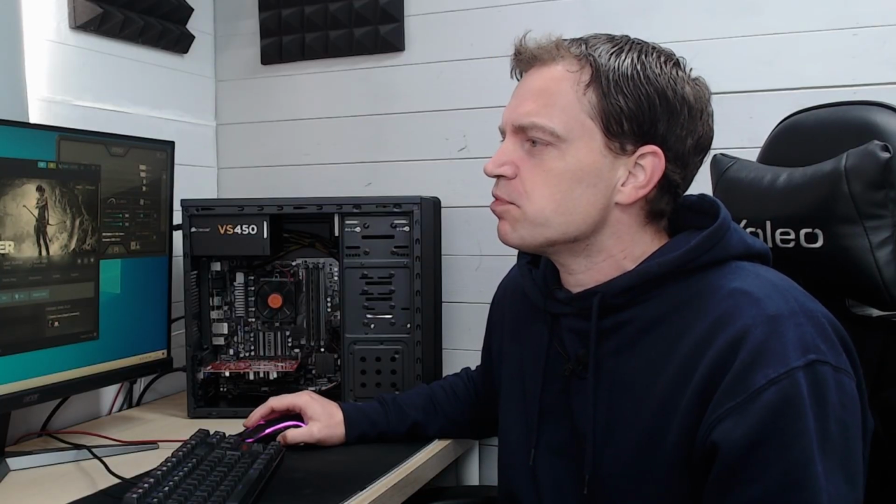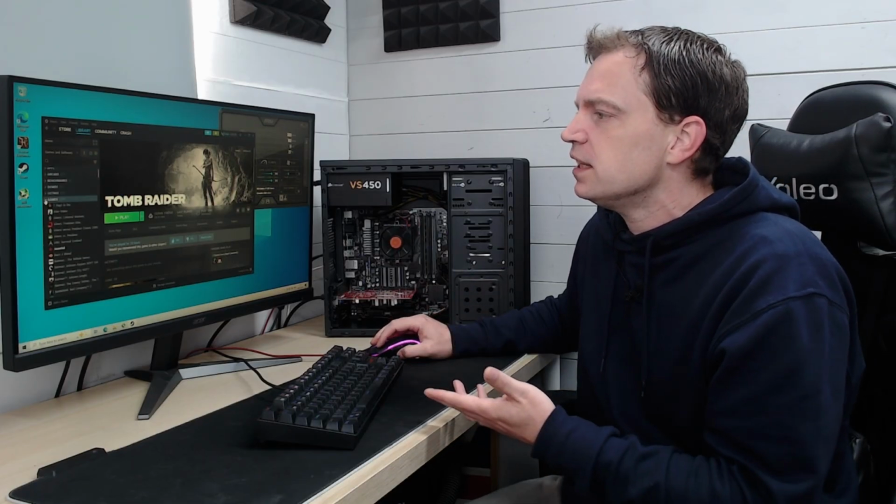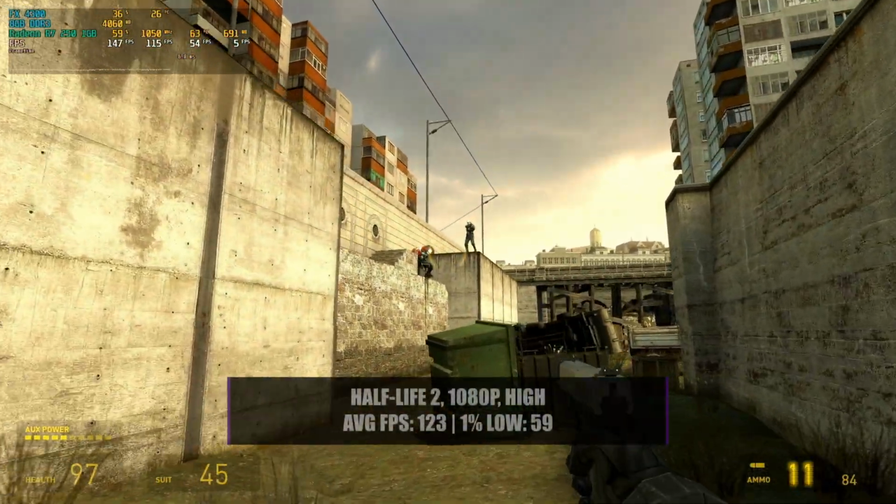I've installed some very lightweight games really because it's only fair on this system. There's no point putting it under too much pressure, and we're not going to get too far, particularly with the lack of technology in here. But overall, if you are somebody that wants to play something like Half-Life 2, then it will absolutely have no